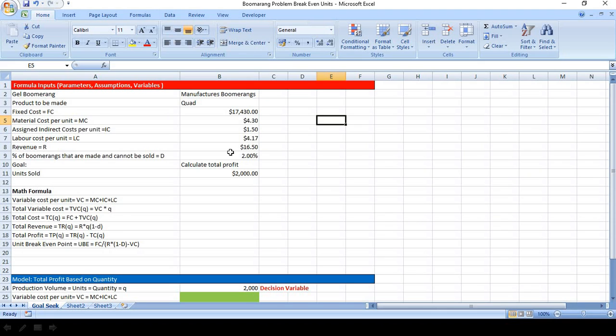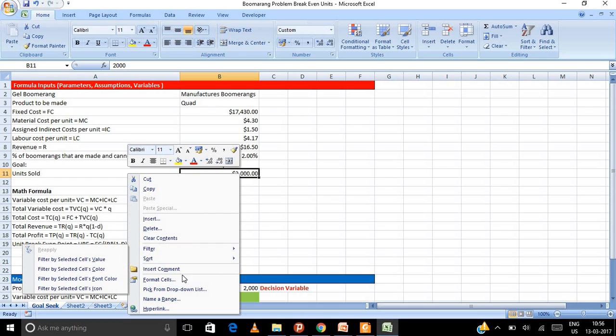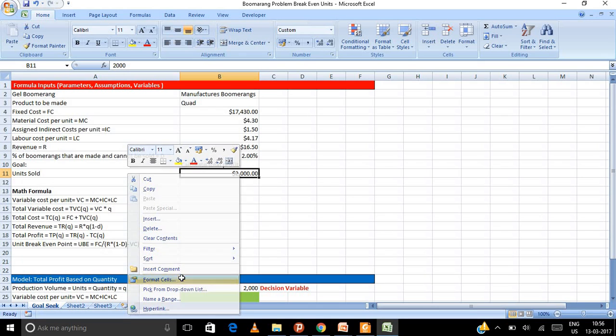So if I have to get the total variable cost for the 2000 units that are being sold, I need to multiply the variable cost per unit with 2000. 2000 is the units. This is not the value, so I have to remove the dollar. How do I remove the dollar? Click on the cell, right click, and then go to format cell